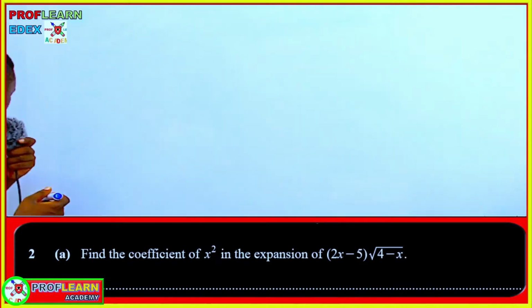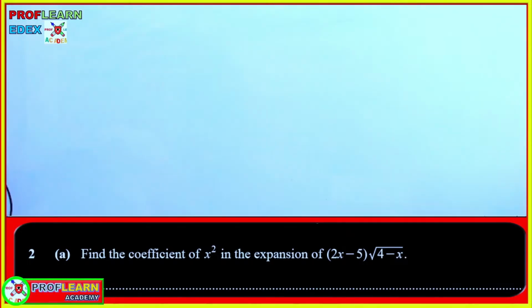Let's begin by writing the question the way it is. We are told that we're supposed to find the coefficient, and the expression whose coefficient we are finding is given by 2x minus 5